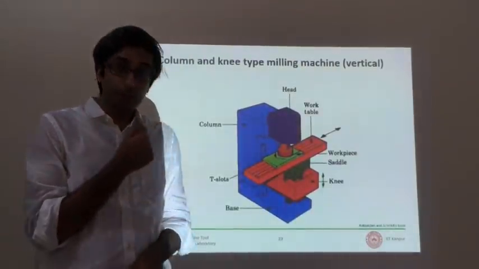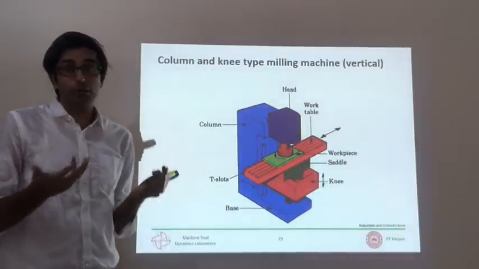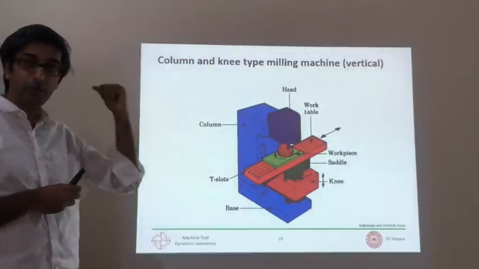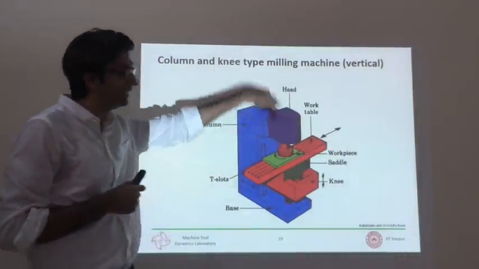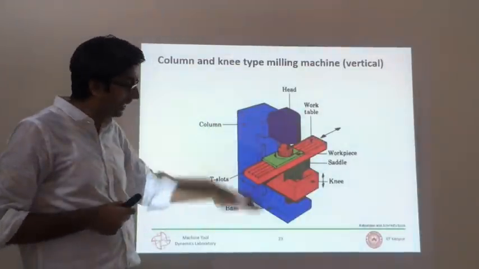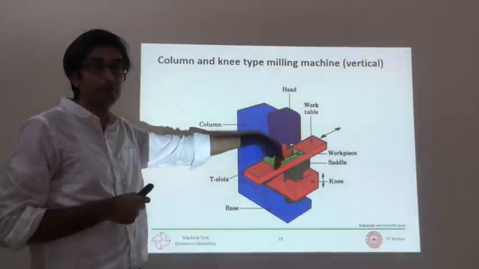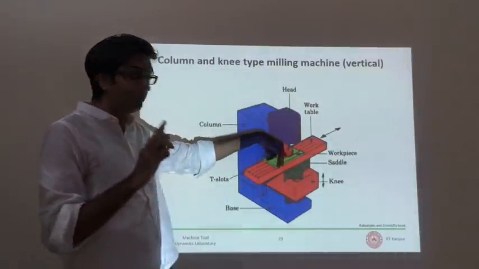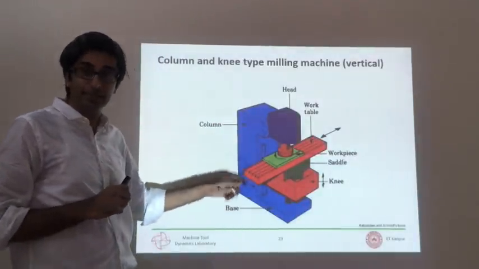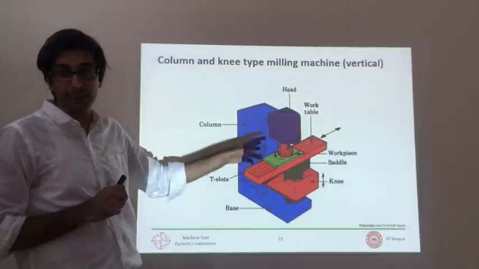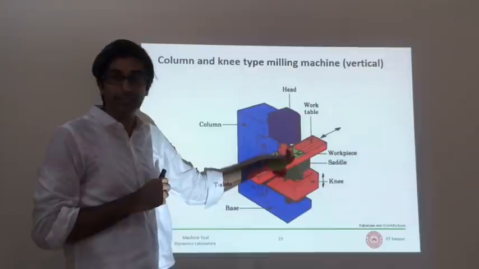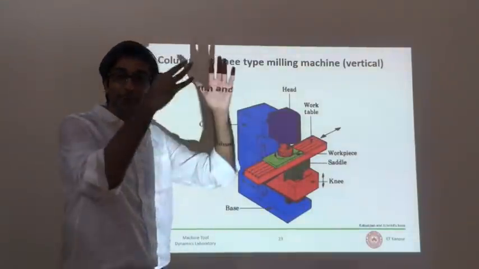All that was horizontal milling. To give you a sense of what is possible in vertical milling: like I said earlier, the only difference between horizontal and vertical is the axis of the spindle. In that case, it was horizontal, parallel to the ground. In this case, it is perpendicular to the ground. That is the only difference. It's the same base, the same column, the same drive arrangement inside, the motor giving drive through a pulley, through a set of gears to the spindle, which is rotating, and the tool is mounted on that spindle with a similar taper kind of arrangement.